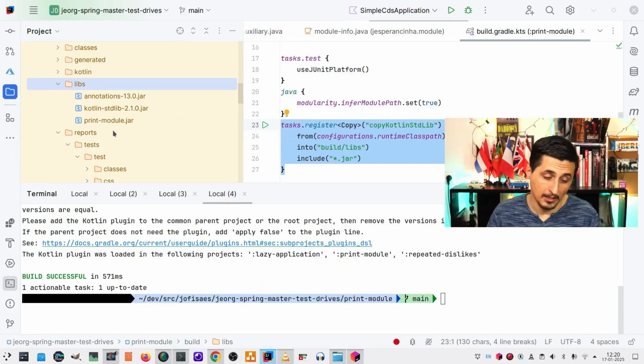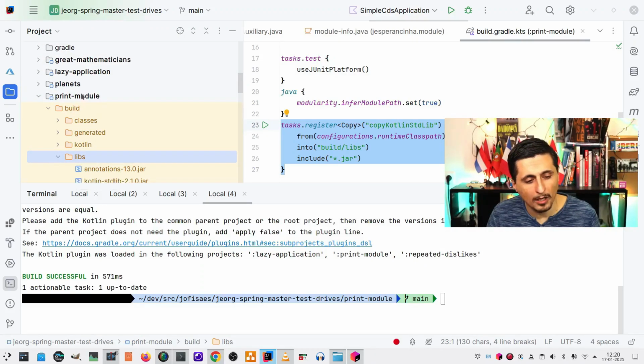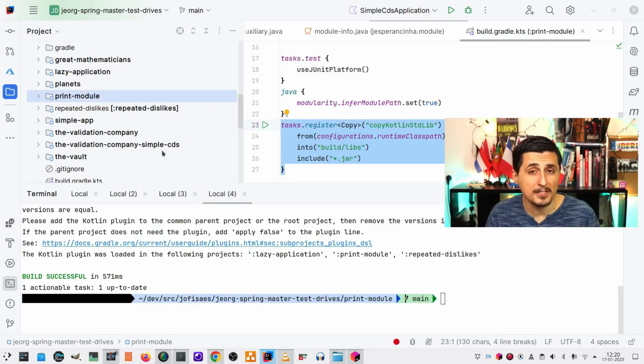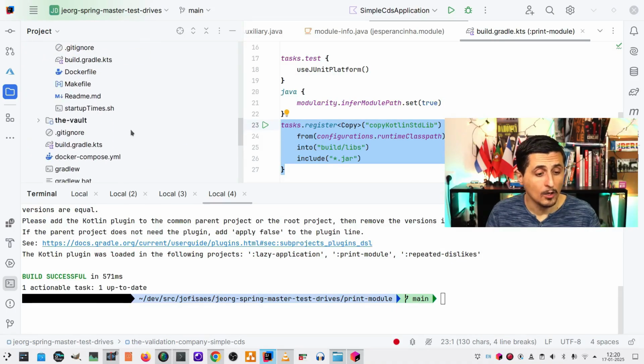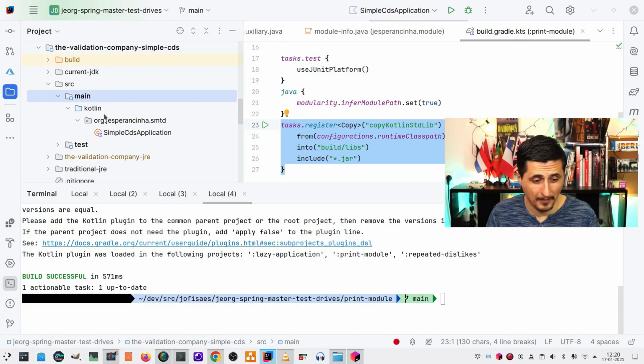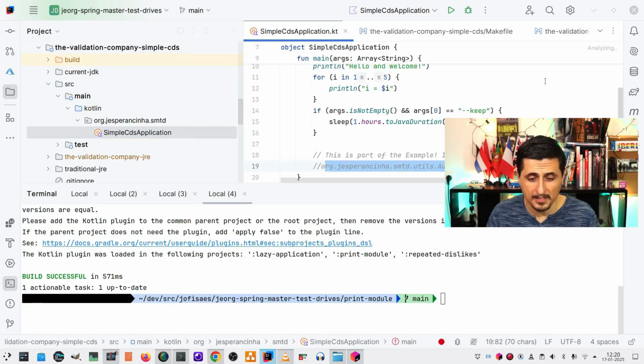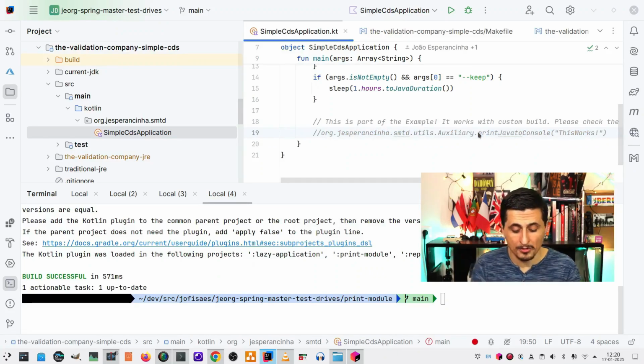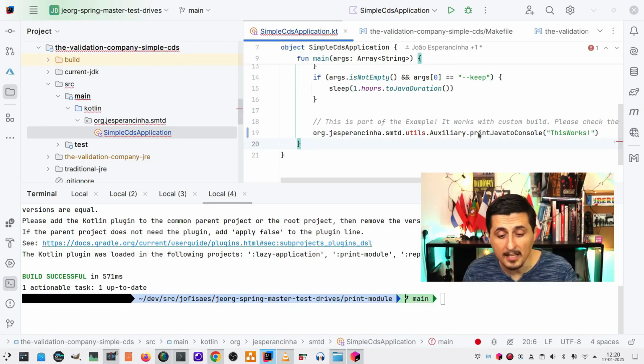Now we've got our module. It is created, and it is created here. Let's now go back to our simple CDS application, and there we will look at the code and make something very simple to our code. We are going to uncomment this line of code, and